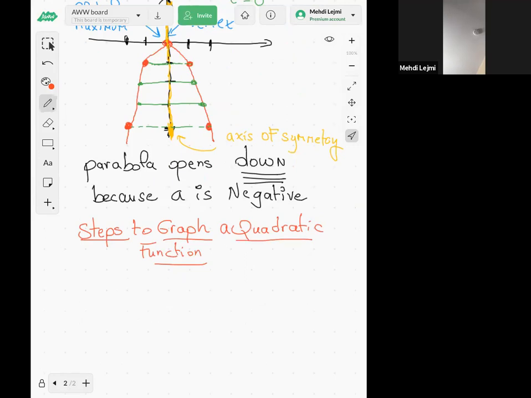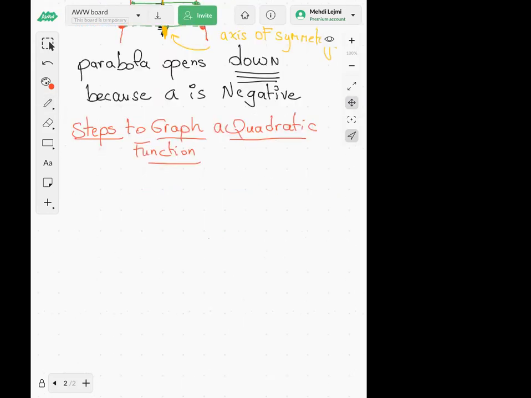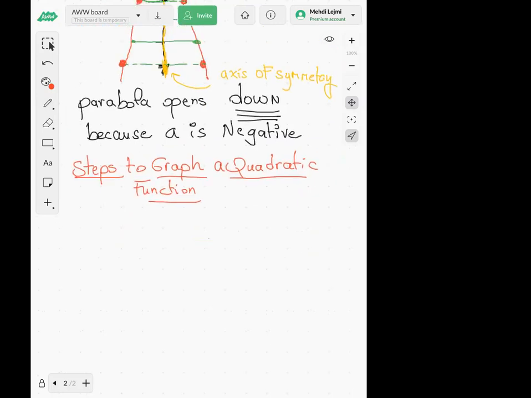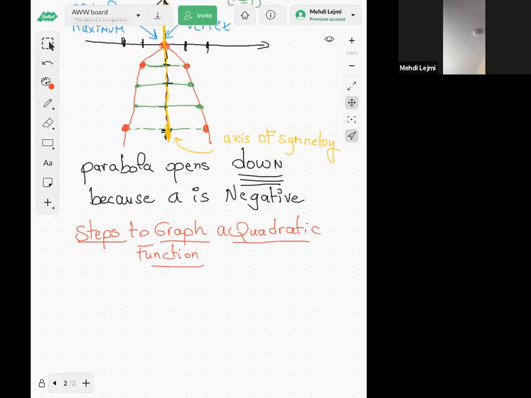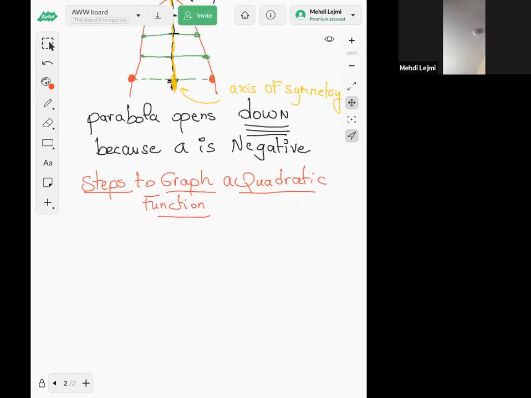I'm going to show you the steps with an example. Is there any question, guys? Nope. Okay. So for step one,